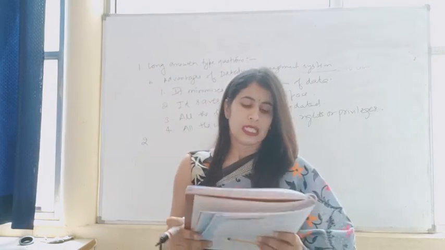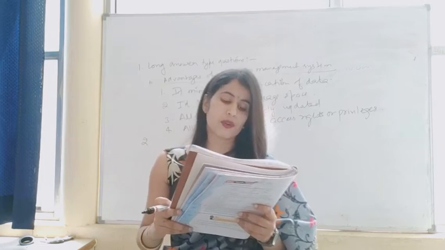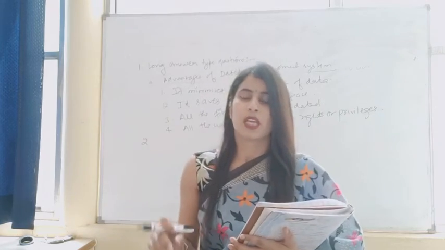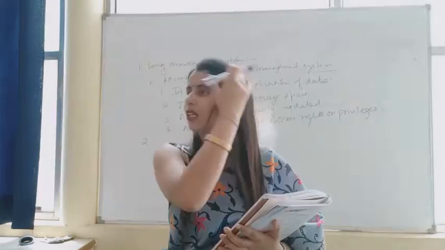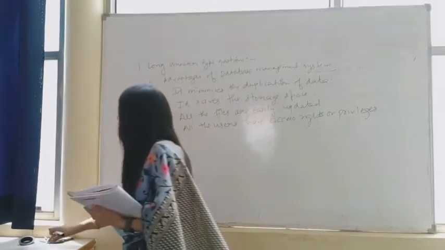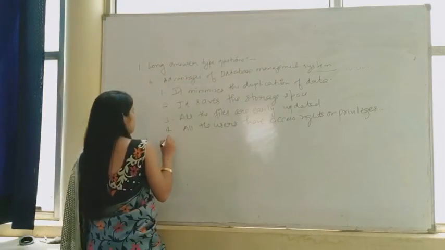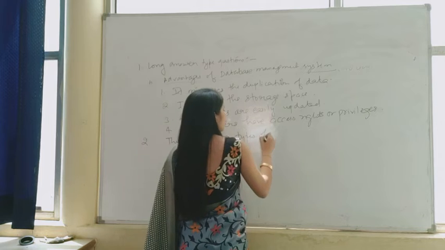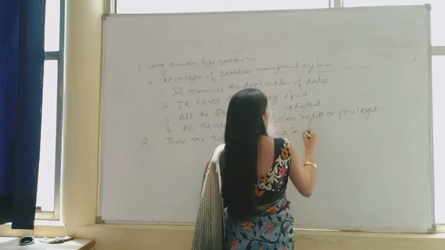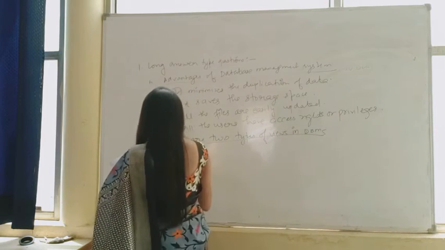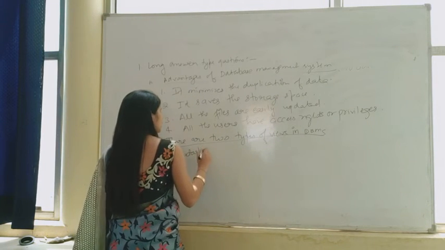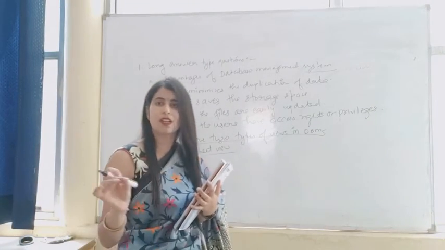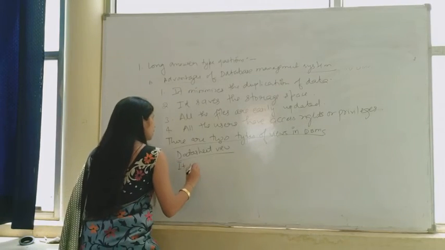Now the next question is: explain the types of views in a database. Here we have to explain both of the views, in three to four lines. So these are the two types of views of database management system. We will write here, there are two types of views in DBMS. The first one is datasheet view. One by one we are going to explain it. So I will write here, it is the default view.